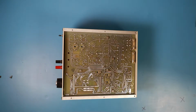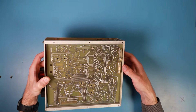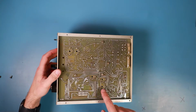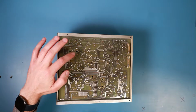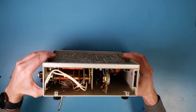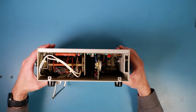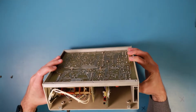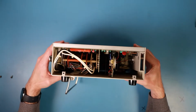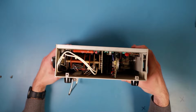So we see nothing but a big circuit board from its back. I think there are two big fuses behind here and some potentiometers are reachable from behind, but the rest of it is a little bit hidden. But at least we can see inside from its sides. Okay, I see some big capacitors and a lot of resistors, and I think especially a lot of resistors that